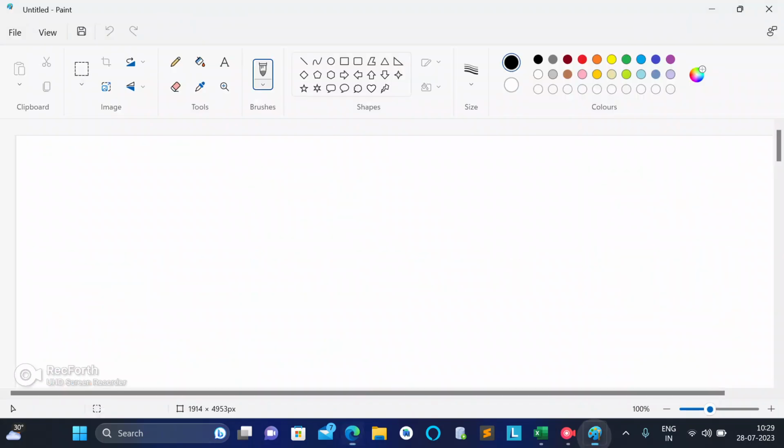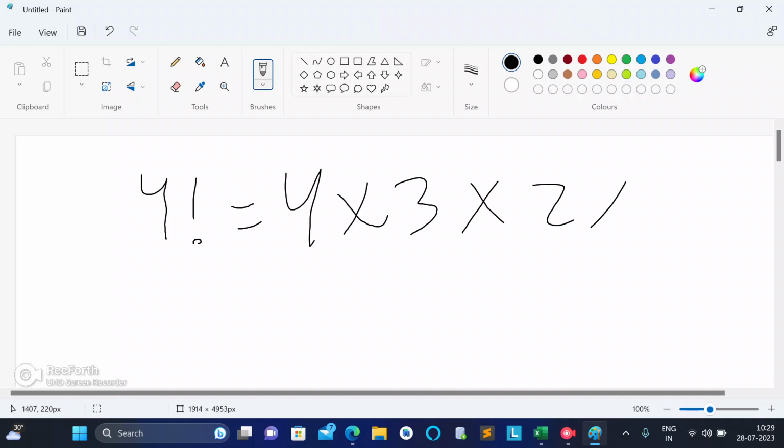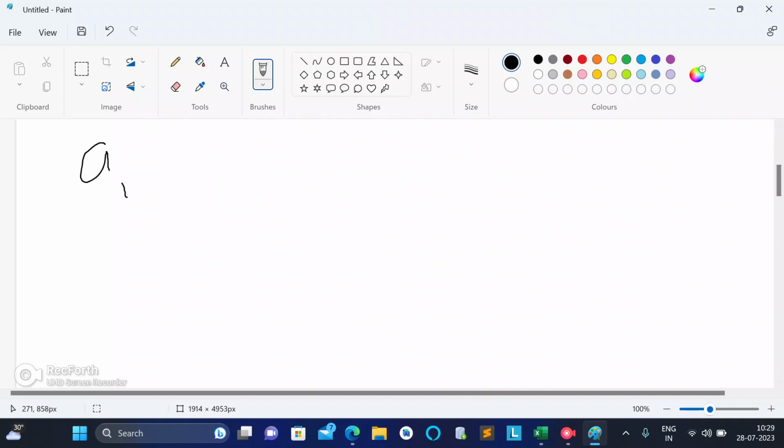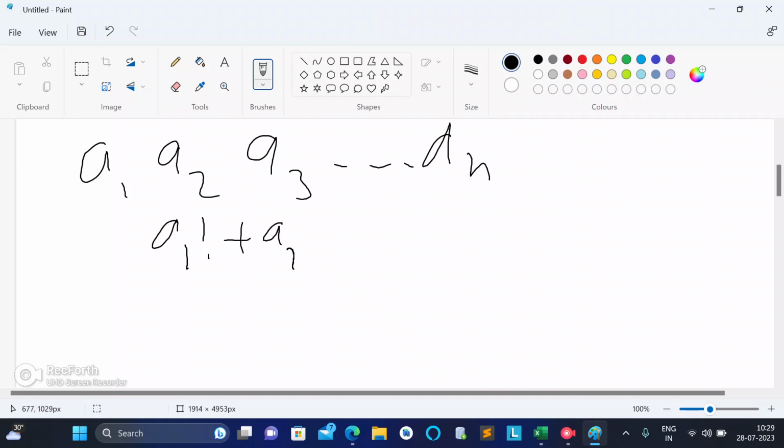So let's first understand the meaning of factorial. Suppose 4 factorial is 4 into 3 into 2 into 1. Therefore, n factorial is n into n minus 1 into n minus 2 and so on until 1. So we are given numbers a1, a2, a3 until an, and we have to tell whether a1 factorial plus a2 factorial plus a3 factorial until an factorial